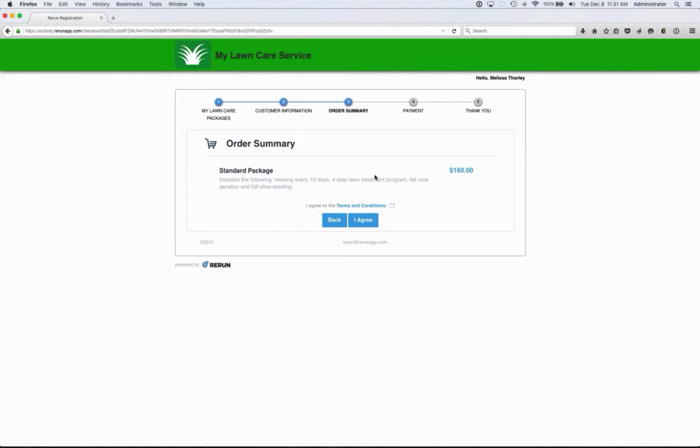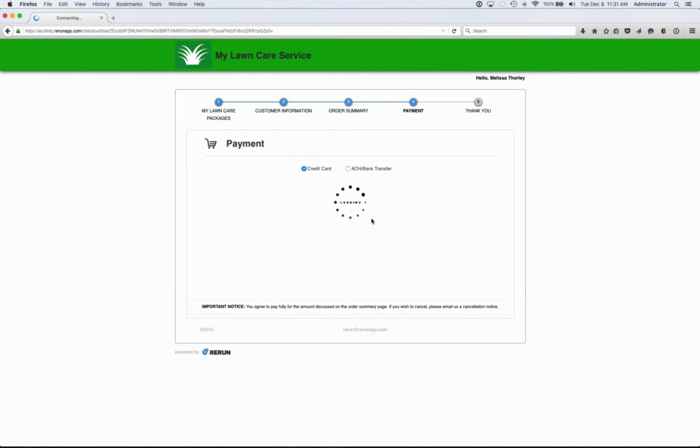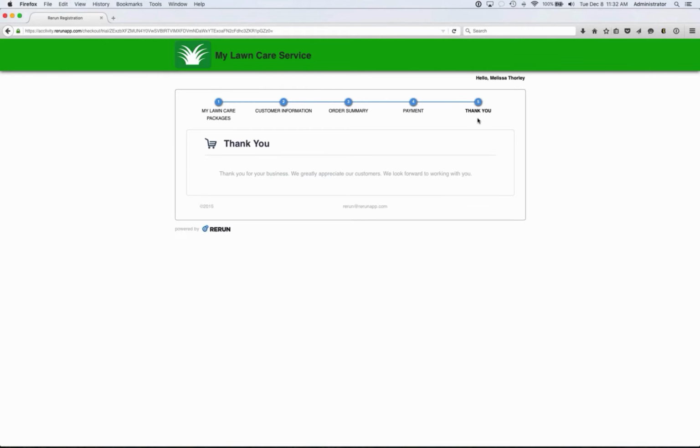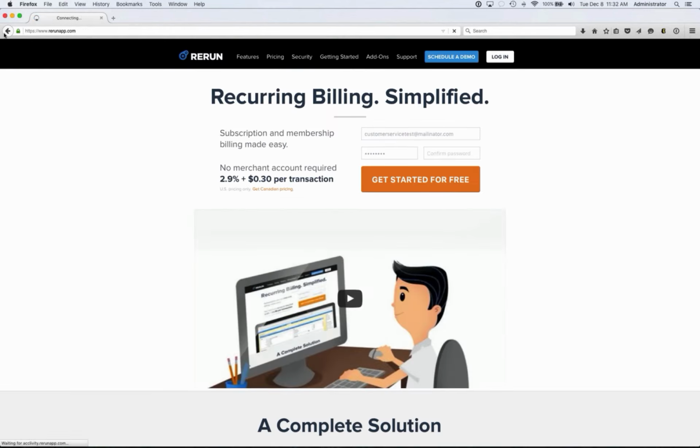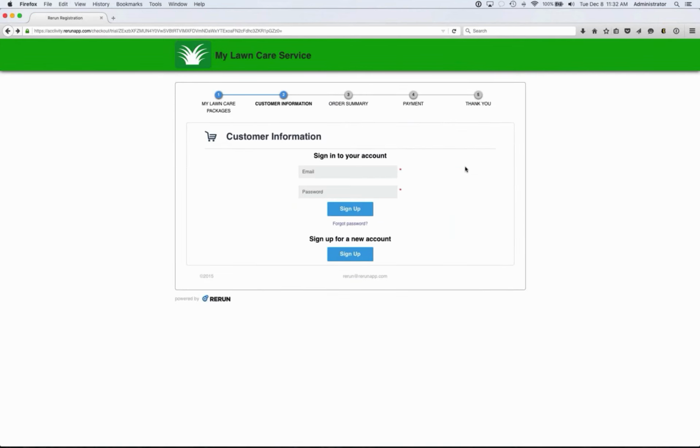So now we're going to go through the order summary. I'd have to click this I agree if I want to move forward. Otherwise, it'll give me an error. If I feel like doing ACH, going to process, and then it'll say thank you for your business, and then it'll go back. But you also notice that it's up here for Melissa Thornley. So if I went back and I want to log in with the information that I just submitted,